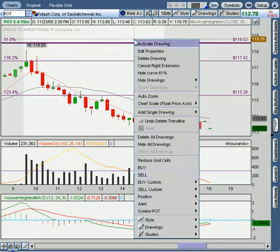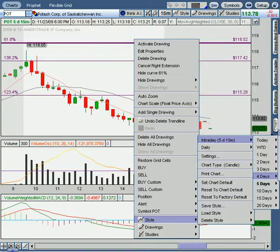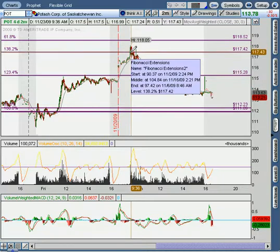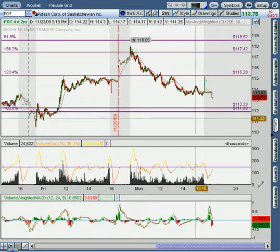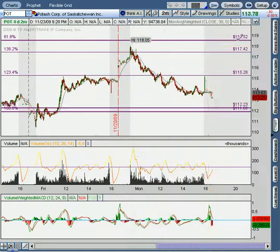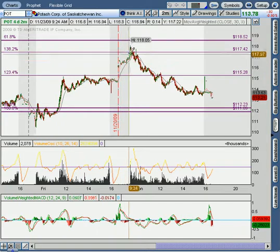First thing we see is if we've got this open on a 2-minute timeline, let's do that first. All right, it is going to open well over this Fibonacci level, 117.42. If we want to look at that last week, that is a level that we were staring at for a bit, but it's so gone because everything's been pulling back that it wasn't really an issue. Our spreadsheet said that we needed to day trade long at a pullback of 113.6 or a breach of 115.54. Right? Now the breach of 115.54 was over the top of this, which we immediately did, but when we opened